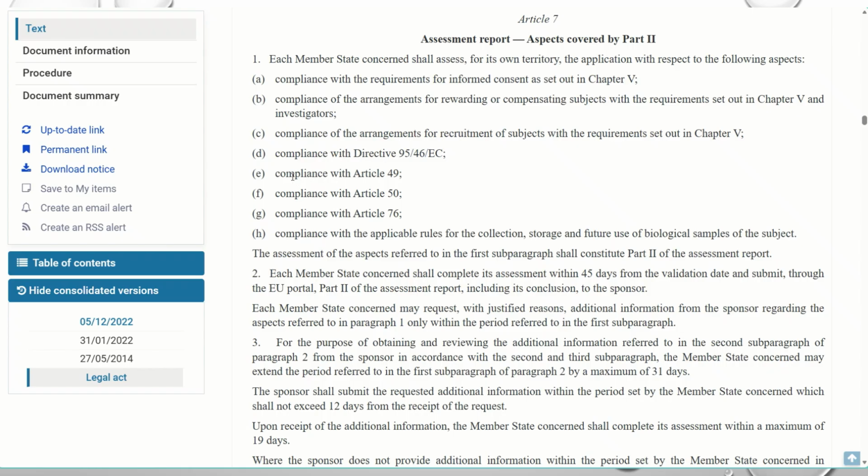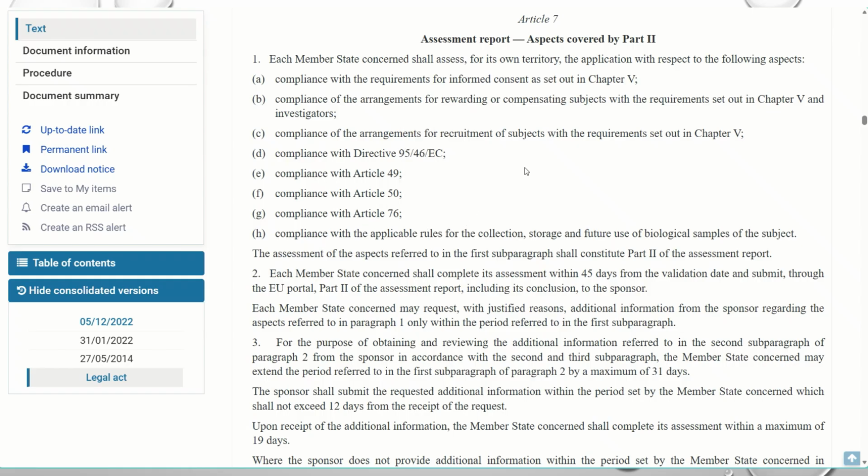And then number 49, if you look further down, this is in Article 49, it's about the suitability of the investigator, and that the investigator in charge of the clinical trial has to be a medical doctor, basically. And 50, again, if you look further down this regulation, in Article 50, this is about site suitability, and that's one of the documentations that's given. And this Article 76, again, if you look further down, we're not going to check it, but it relates to